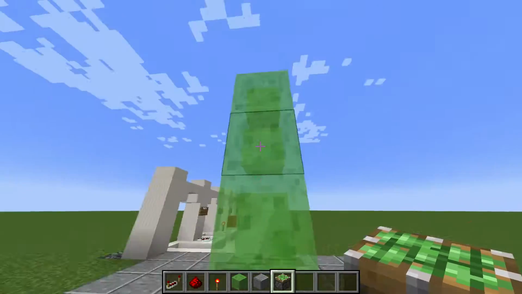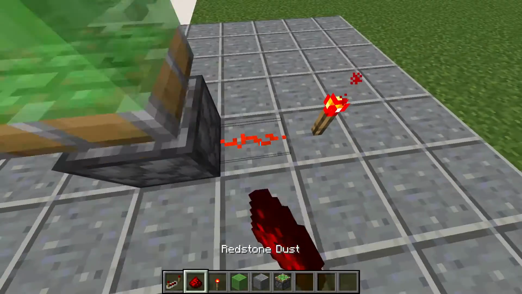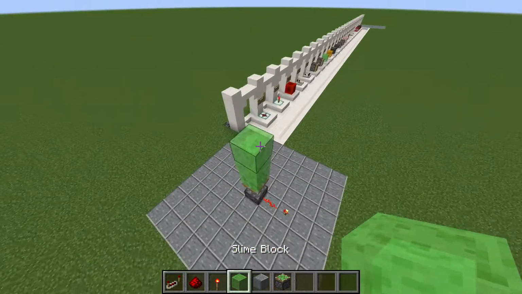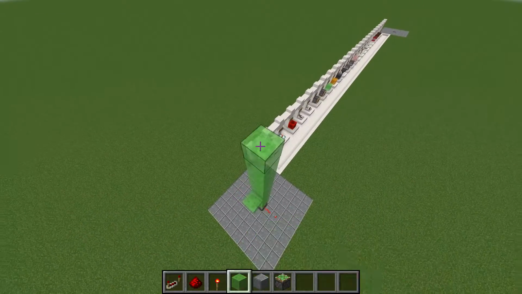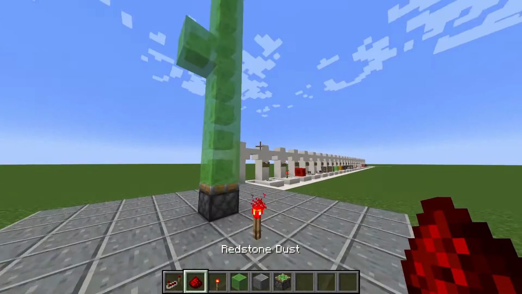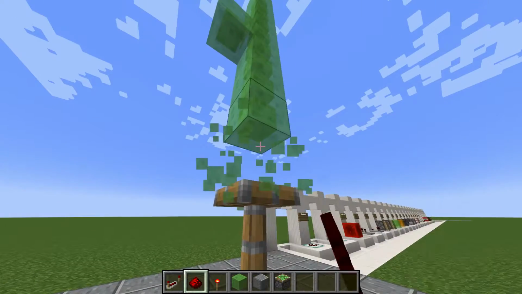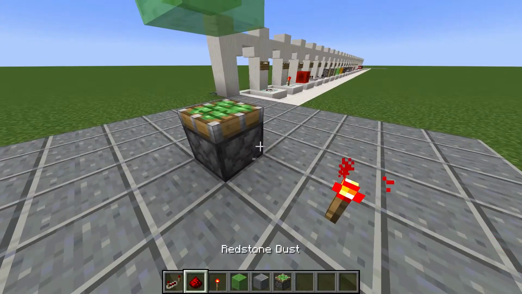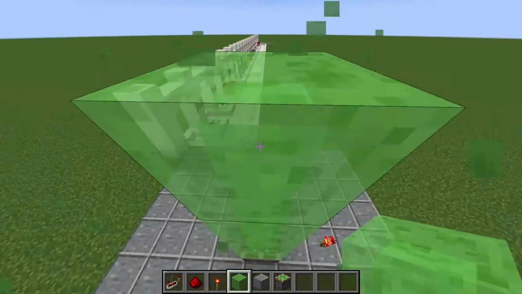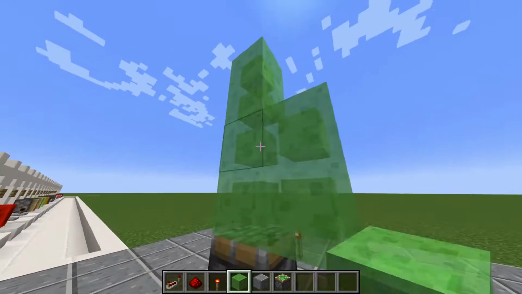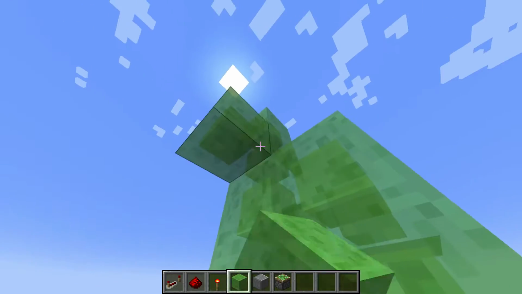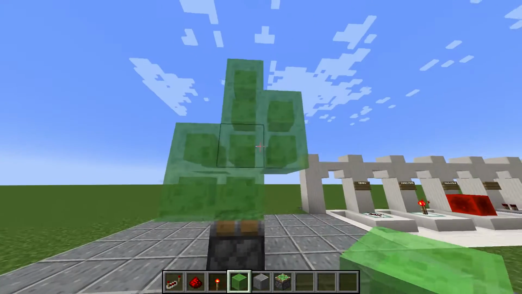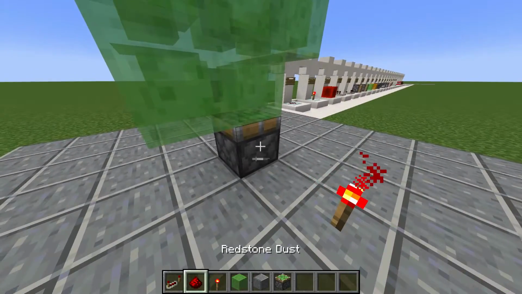It can retract all 3 of the blocks. But also, if I go up here, it can still push it, right? But if I add one more, it can't pull or push it. You should also know that the slime blocks can be put in any configuration as long as it's 12 blocks or under,